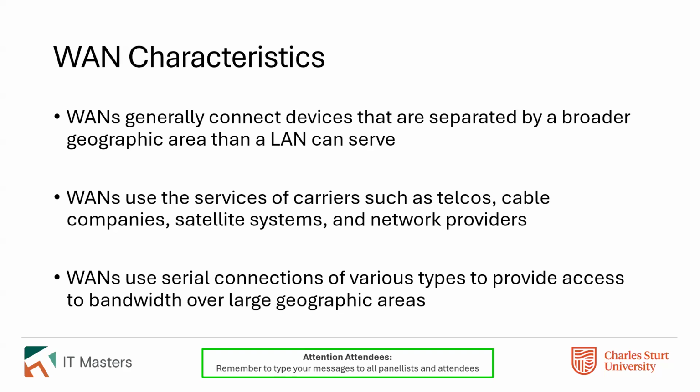There's multiple ways to build a WAN. So if you have the wherewithal, and it's obviously a very expensive proposition, you can potentially run your own fiber optic cabling between multiple sites or multiple buildings and create a wide area network that way. More commonly, though, you're going to talk to a telecommunications provider and lease some kind of service from them. So typically a network as a service type use case.